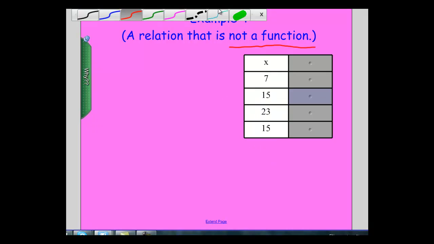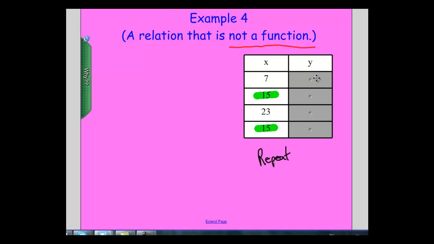And what we see right away is that, oh, I have a repeat. So we need to look out now. We have to be cautious. There is a repeat in my domain. Remember, we're only looking for repeats in the domain, not the range. And when I come over to the range, my dependent variable,